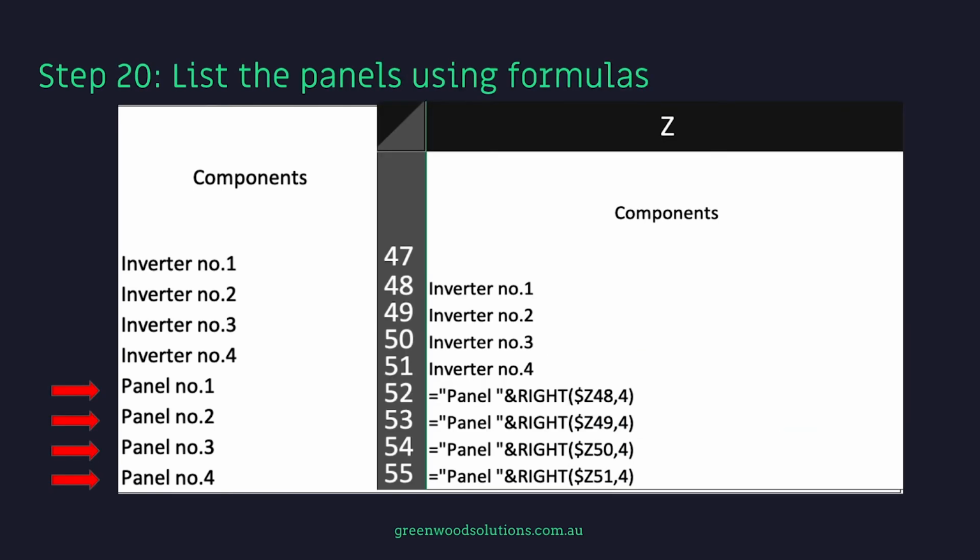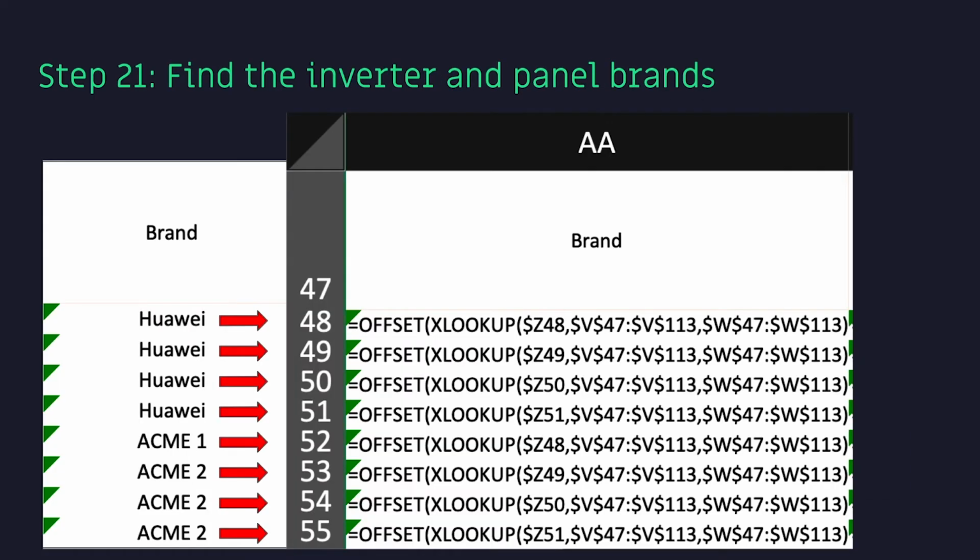Step 20, list the panels using formulas. So you can see now that this is the formula that I've used to extract the relevant information to create panel number 1, number 2, number 3, number 4. Step 21, find the inverter and panel brands. Now, it's a bit of a complicated